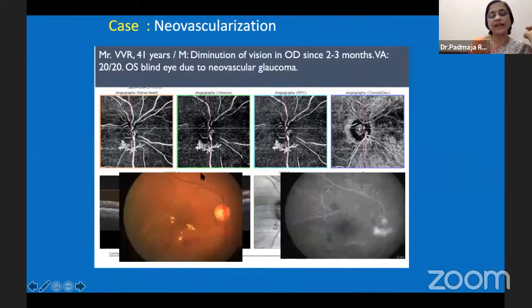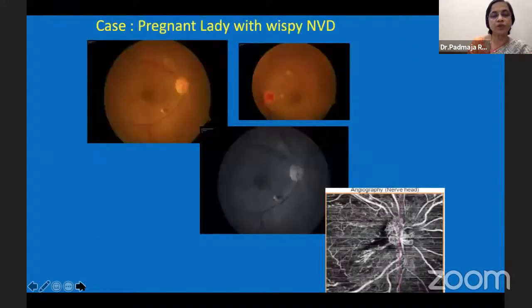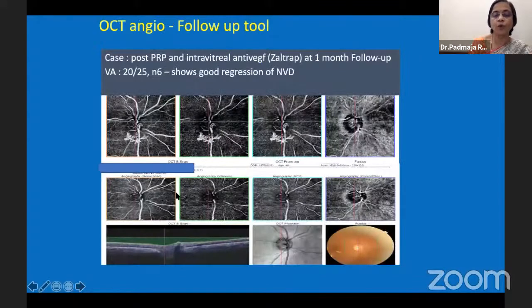So for example, in a clinic, a patient comes, and with a non-invasive investigation we are getting the same information as an angiography. It can determine the extent and depth of the new vessels. This is a pregnant lady with a silent neovascularization, like a wispy neovascular NVD. Another eye was having a preretinal hemorrhage. OCTA can actually help us to determine the new vessels very clearly. And it can also be helpful as a follow-up tool. For example, when you have given treatment in the form of injections and lasers, the disappearance of new vessels can also be demonstrated very clearly.